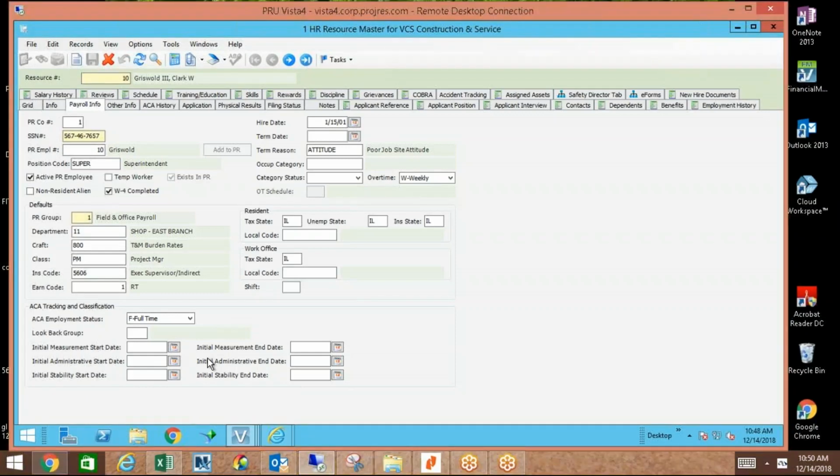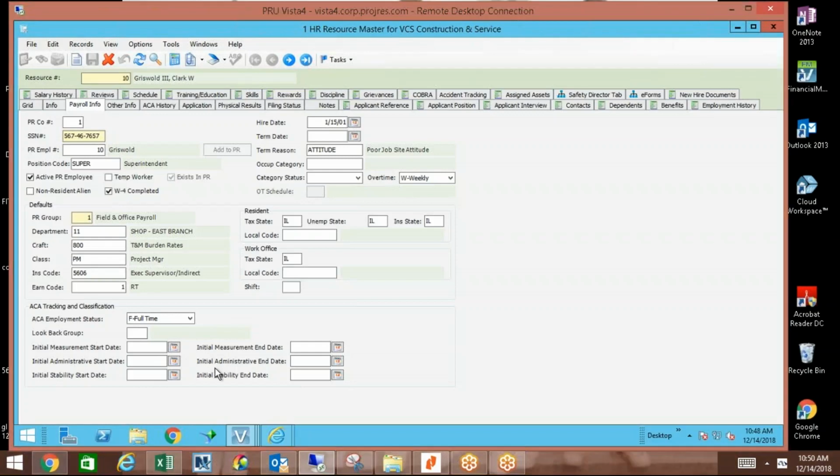If you're on the borderline and you want Vista to calculate it for you, then you've got to set up these measurement dates. If you're not using it to determine full-time equivalency status, there's another way you can use it. If you take all of your people that you know are subject to the ACA and are full-time, your long-term employees,